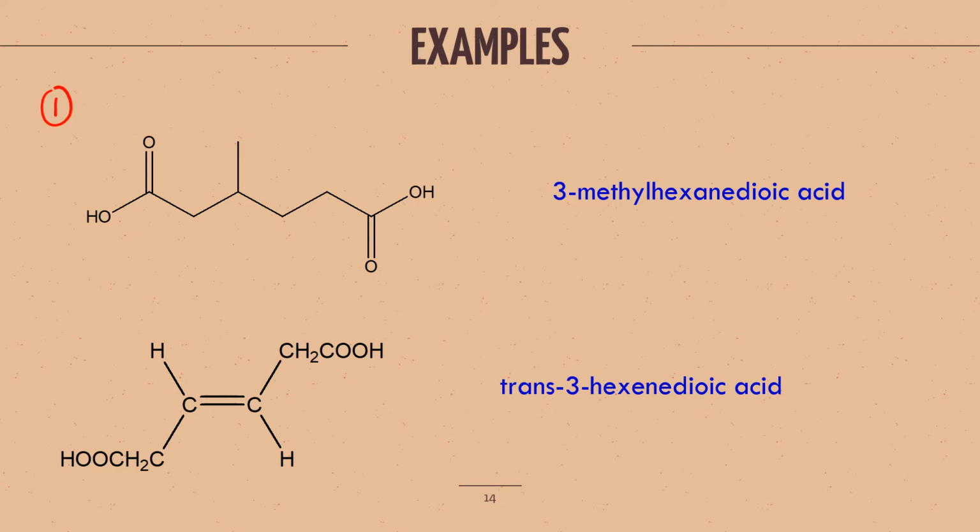So in this structure it seems like kita ada sebanyak 1, 2, 3, 4, 5, 6 carbon atoms yang mengandungi carboxyl. Dan pada 6 carbon atoms ini kita ada sebanyak 2 carboxylic acid group di hujung sebelah kiri dan juga di hujung sebelah kanan. So in this case, these 6 carbon atoms yang mengandungi 2 carboxyl group ini will become the